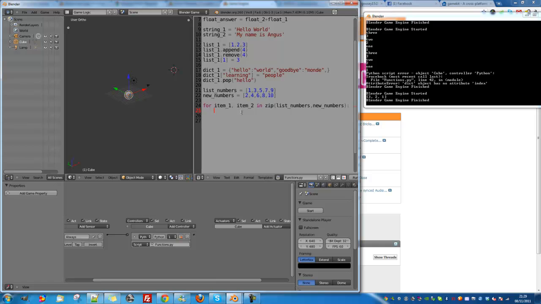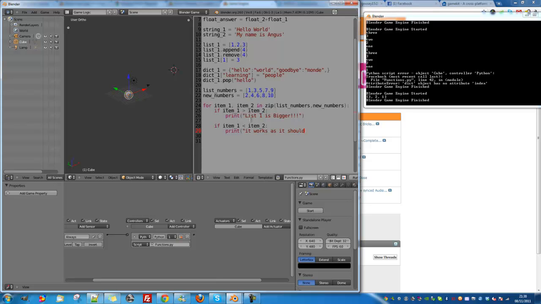check which big number is bigger, and we know that it's always going to be list_numbers and new_numbers, unfortunately, but this just demonstrates it. And then we'll print that number. So if statements compare. It's like, if this is this, do this, otherwise don't. If item_1 is bigger than item_2, that's the more than comparison. Most of the comparisons work, they're from maths. Print list 1 is bigger. However, we know that's not going to work because list 1 is never bigger than list 2 in all the indexes. So if item_1 is less than item_2, we could do